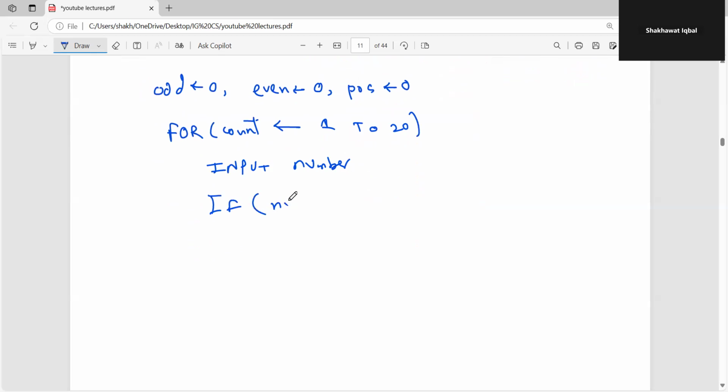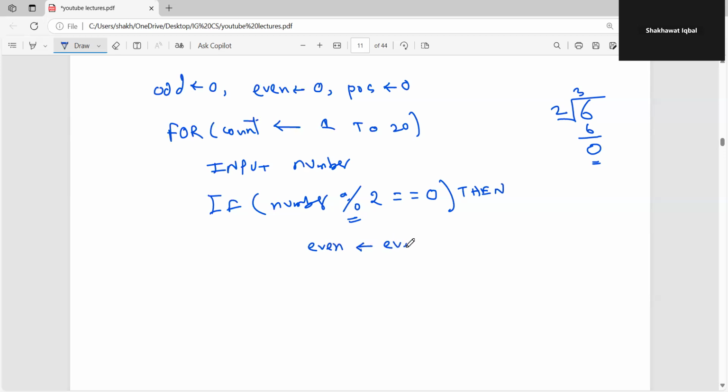Now, if my number mod, or modulus, by 2 and the result is equal to 0, that means it's an even number. What does it mean? For example, your input number is 6. So 3 multiplied by 2 is 6, result is 0. The modulus operator is focusing on the remainder. The remainder is 0. That means 6 is an even number. Then what will happen here? Even is equal to even plus 1. Okay. Then else